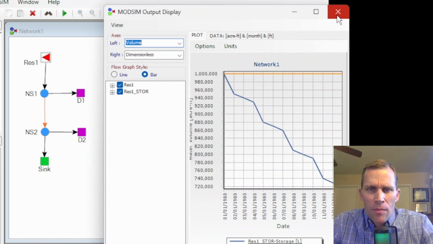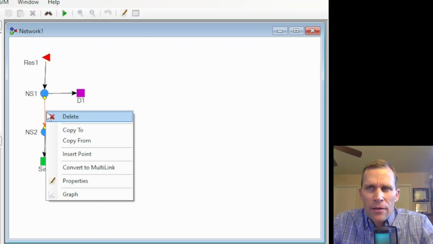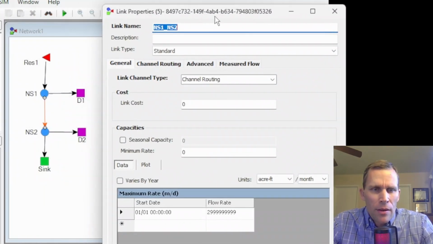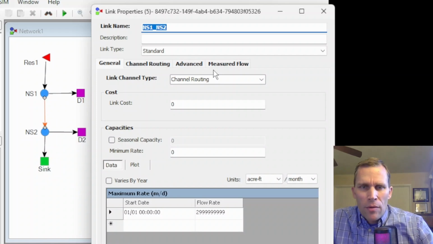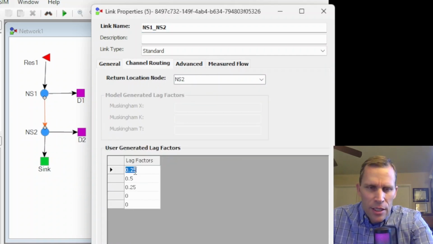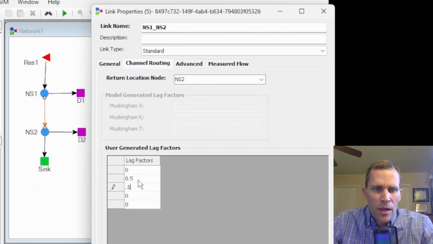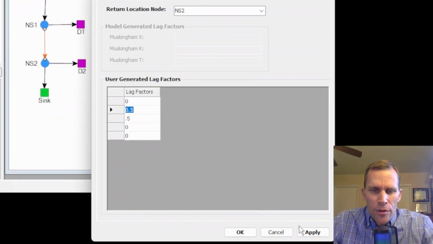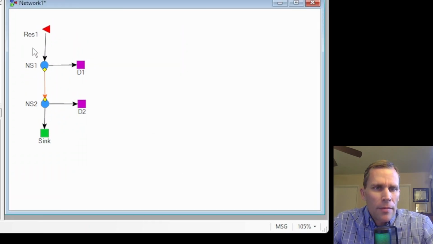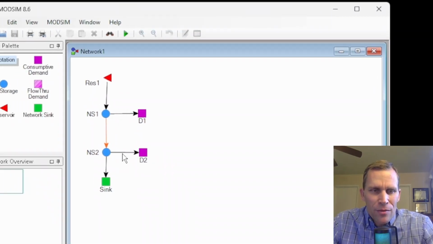And I think this problem is actually further pronounced if we change the lag factors in our channel routing to something different where there's actually no routing in the same time period. So if I click on the channel routing tab and then change this to a 0, and then let's just say 0.5 and 0.5, 1 and 2 time periods in the future, apply, okay. And then if I go ahead and run the model, this time if I click on the results to demand